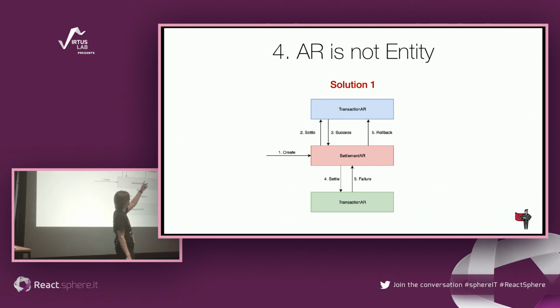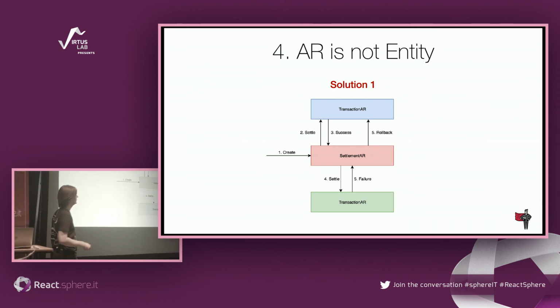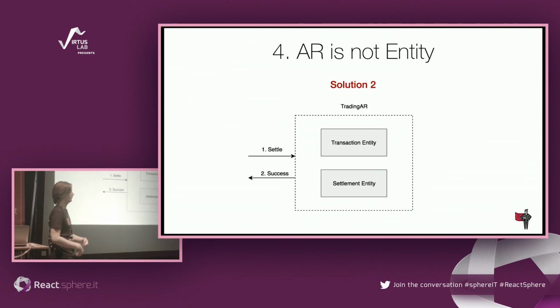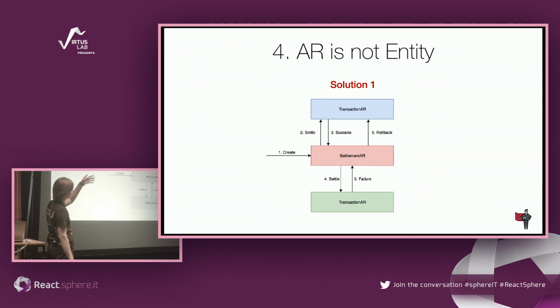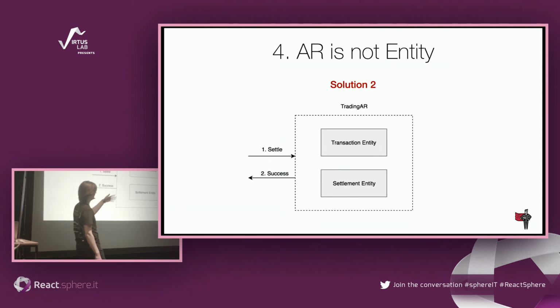So what we need to do, we need to roll back the settlement. But the problem is, what happens if this rollback will fail? And this is the really, really big problem here. So what we can do, we can rethink our model and try to do something like this. Maybe, as this is trading, we don't need a separate aggregate root for settlement and transaction. Maybe we can introduce a trading aggregate root, where we have a settlement entity, a transaction entity,